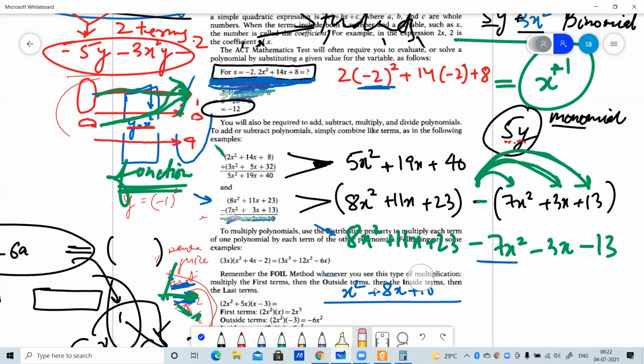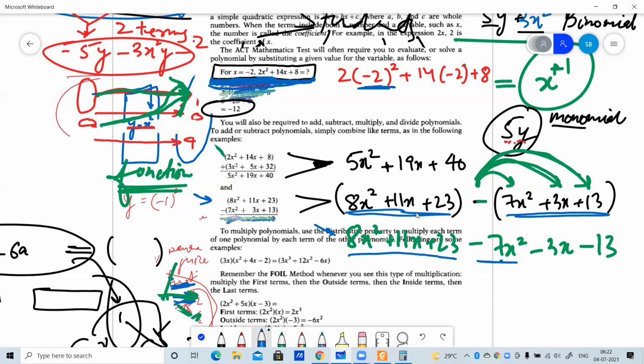No, it is x. Now what I did here, I wrote the first polynomial here, 8x squared plus 11x plus 23, and then I wrote the second polynomial here, 8x squared plus 11x plus 23 is the first one, and then subtracting